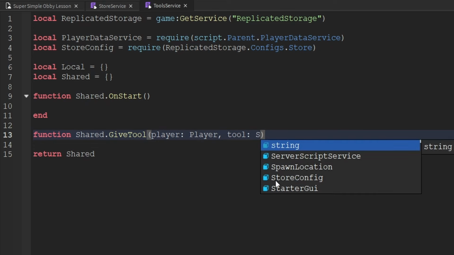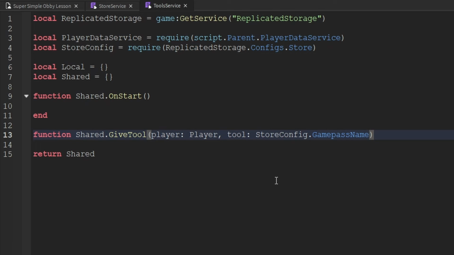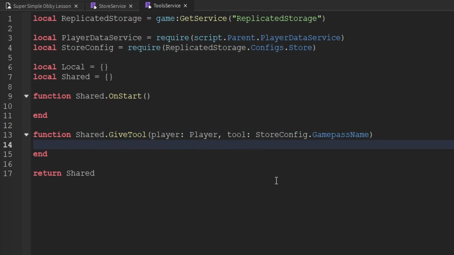So we can say store config dot Game Pass name. Now I actually probably should have explained what I meant by tools when we were creating the service. Essentially what I'm referring to by tools is the gravity coil and the speed coil. Going into this, I designed it with the mindset of allowing this to work for any other tools that you would like to implement into your game, which I'm not exactly sure what other tools would really apply to an Obby, for example, but when I say tool, I'm referring to the literal tool object type that Roblox has,